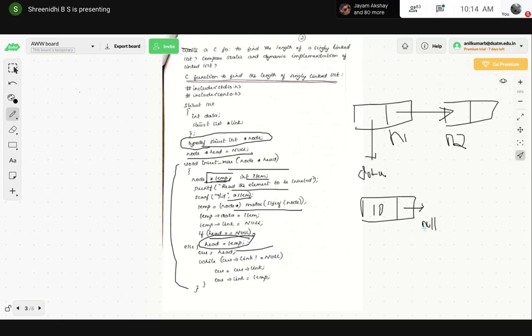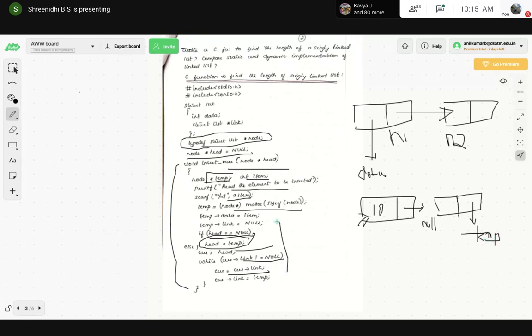While current link is not equal to null, enable the next link to be connected, then the current link will be temp, right?